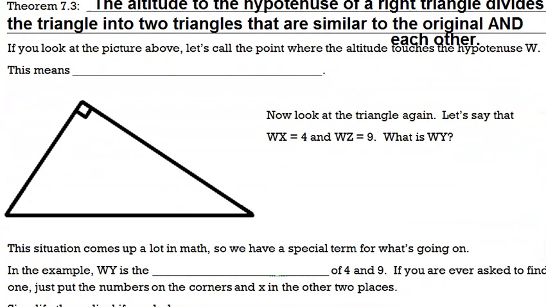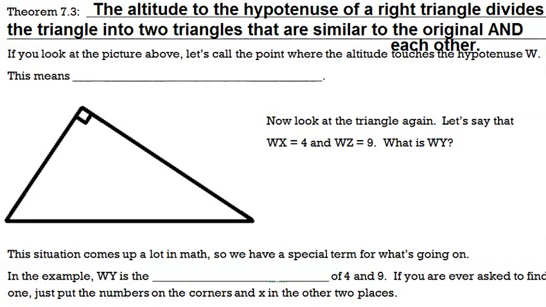You can pause the video because that was a lot of writing. If you were to take this triangle and label it XYZ, just like we had it before, and then we added in that point W that we just created, we could actually write a similarity statement that discusses all of them. So if we name the original one triangle XYZ, it would be similar to triangle